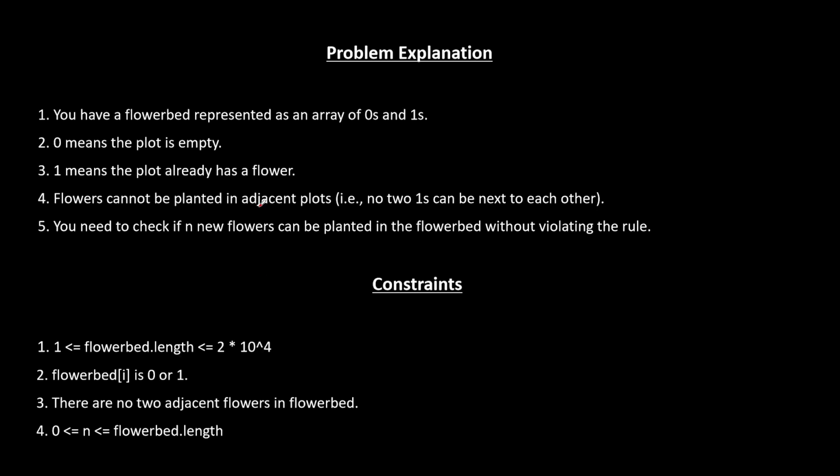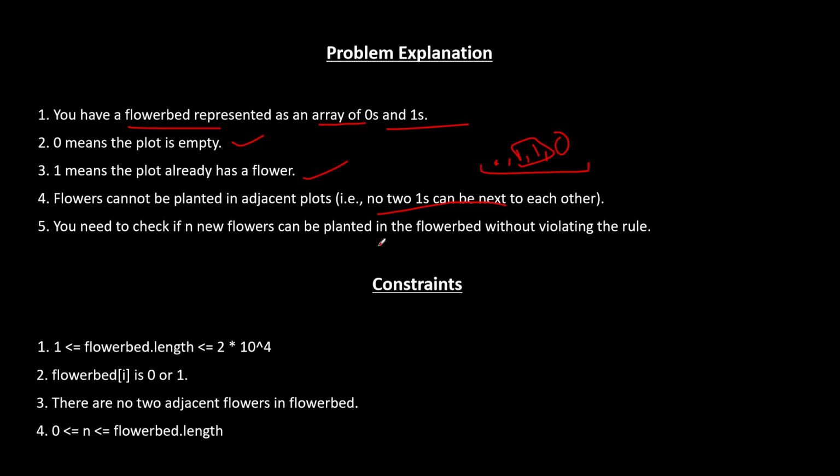Okay. So what problem says? Problem says that we have a flower bed represented with an array of zeros and ones. Zero means plot is empty. One means the plot already has a flower. Flowers cannot be planted in adjacent plots. No two ones can be next to each other. So 0, 1, 1, 0 cannot happen. You need to check if n new flowers can be planted in the flower bed without